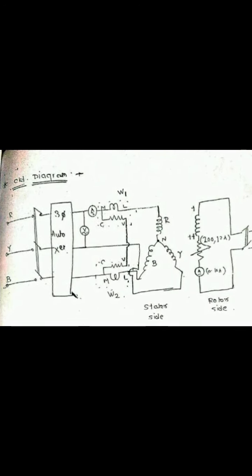So from the reading, we can plot the graph. As we know, the V curve is a plot between field current versus armature current. So we can plot this curve, field current versus armature current, which will show the V curve. Similarly, we can draw another curve, which is called the inverted V curve. This plot is against field current and power factor. So these are the V and inverted V curves for the synchronous motor.